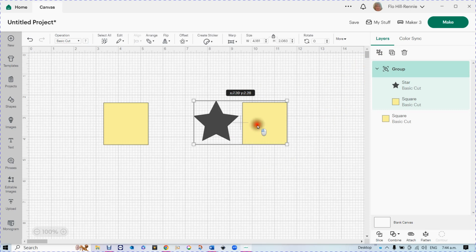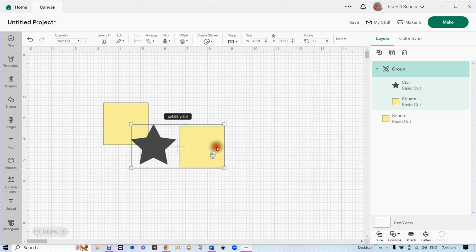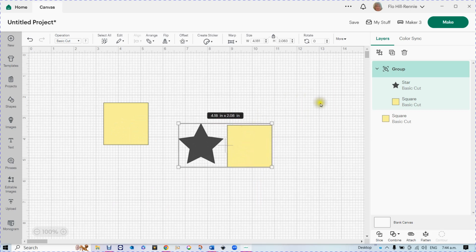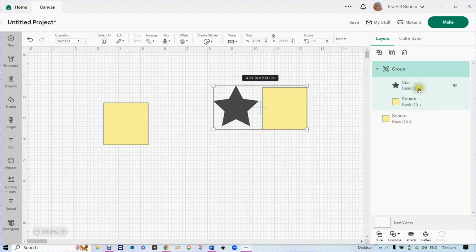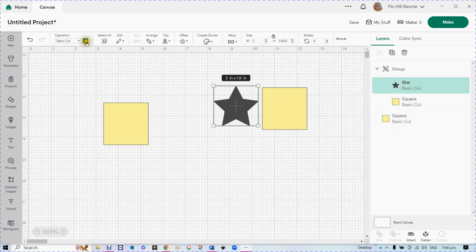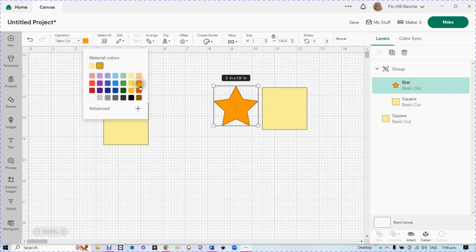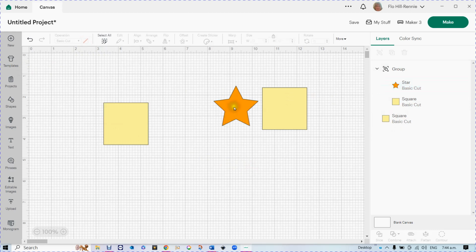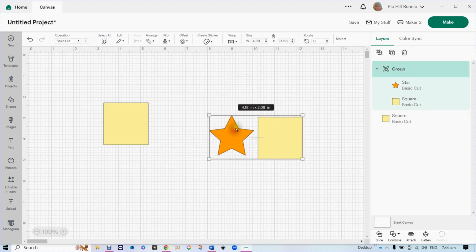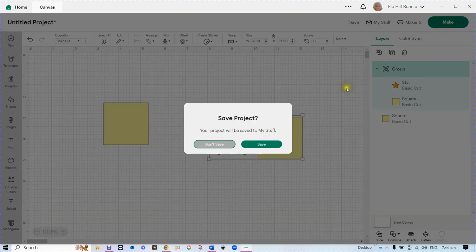Now, group means that they will stay together on the canvas. When you go to the Make It screen, they will not be in the same place. They're two different colours, so they will go onto different screens. Now, while they are grouped, I can select each one of them and do something to it. I'll change this one to an orange, and you can see that that's still grouped, but if we come through to the Make It screen, oops,